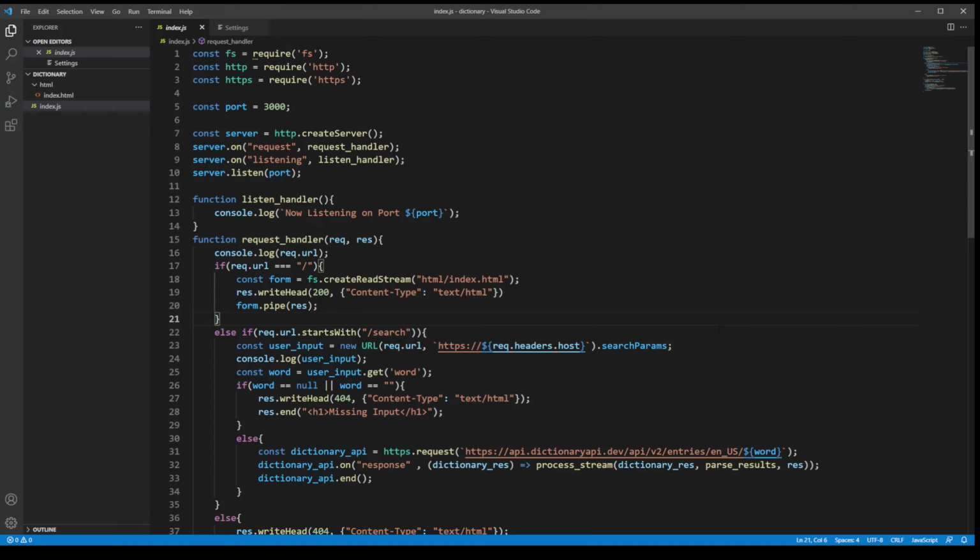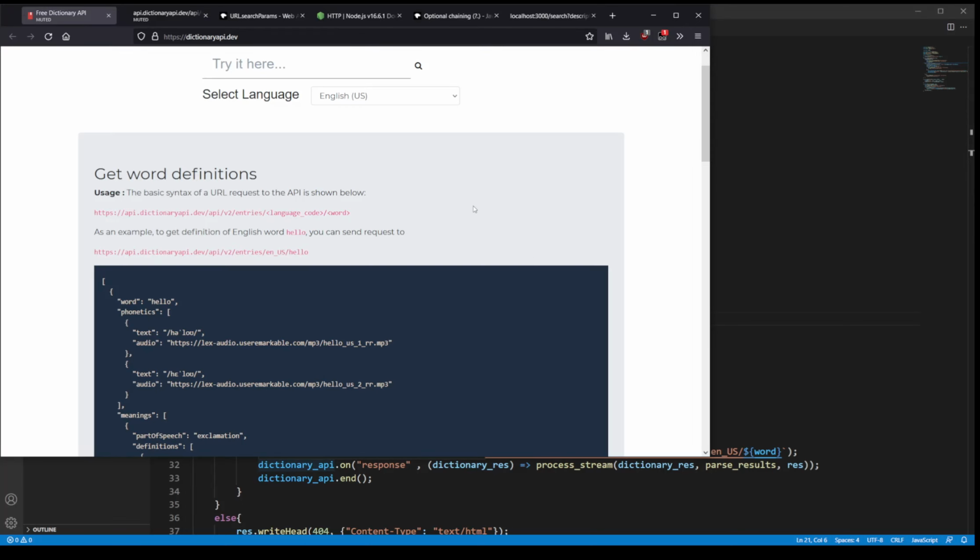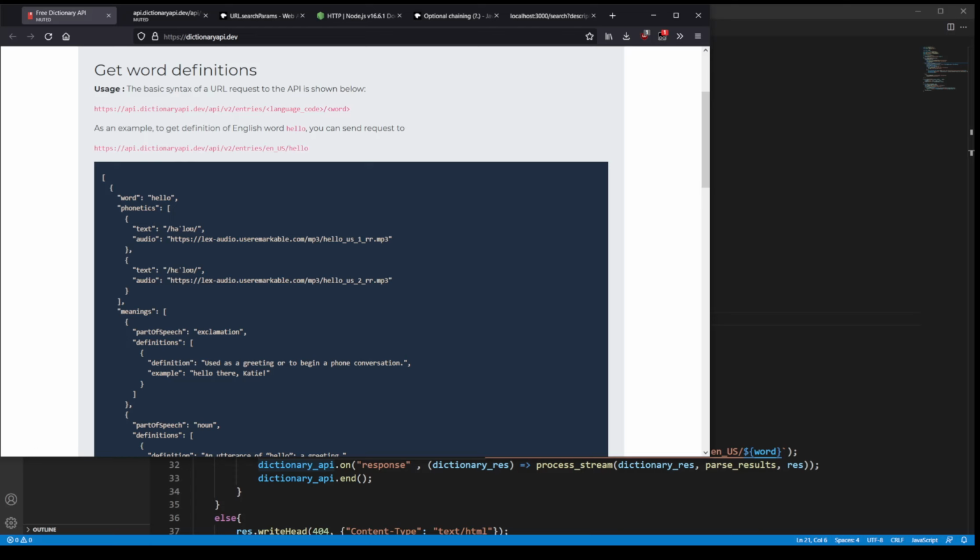So instead of using the GitHub Jobs API, we're going to be using an API called the Dictionary API, which is over here called Dictionary. It's on the website dictionaryapi.dev, and it's fairly simple. We've got a specific endpoint which allows us to look up, inside of a specific language, some word. For example, if we wanted to look up the word hello, we would just use this endpoint, and then we would change the string over here to be any word that we want. Okay. The output that it gives us, which I have open already,